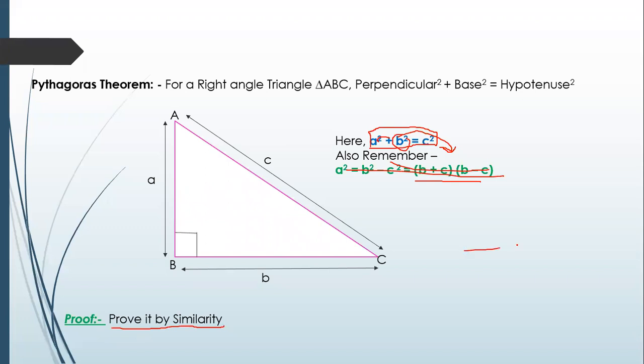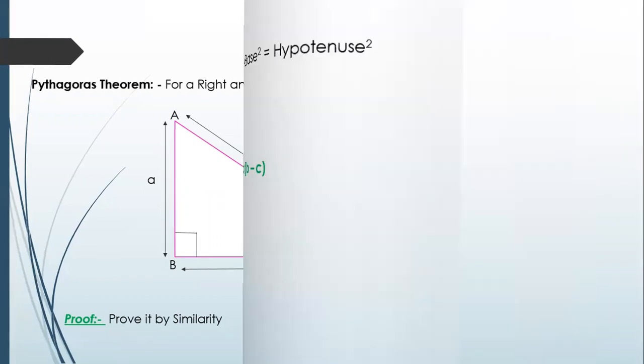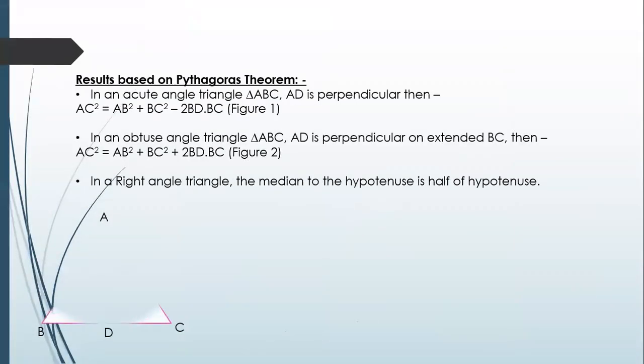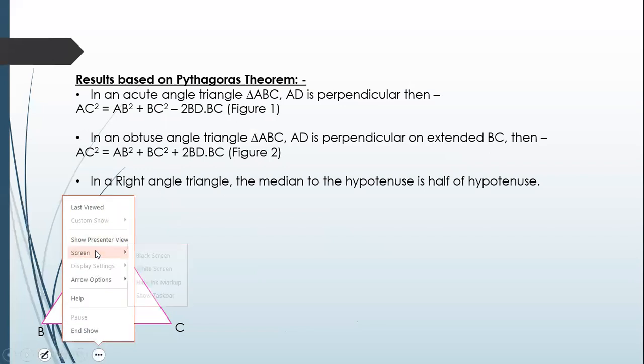And there is another method to form a square and then to draw the triangles above it, so that you can prove that, because the square is of equal length. So you can find that in pre-college mathematics too. So let us move. Some results based on Pythagoras theorem. See, let me explain it in a blank slide.